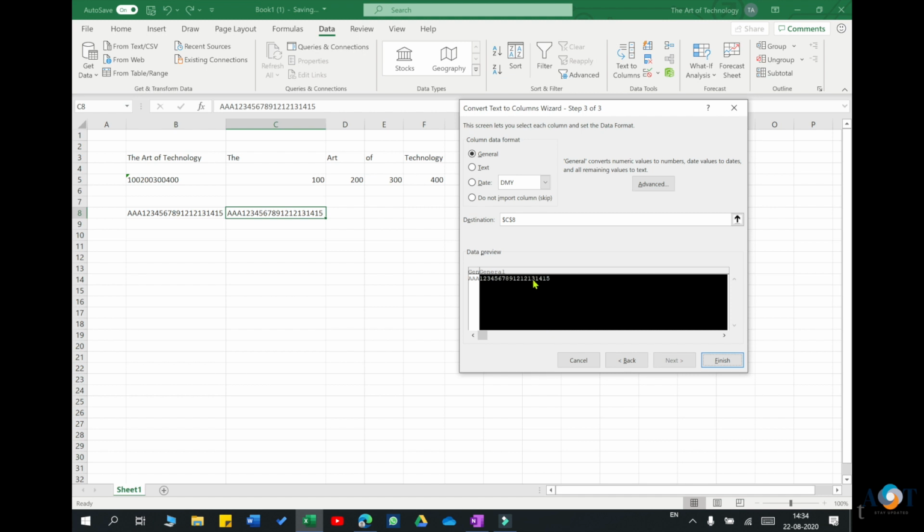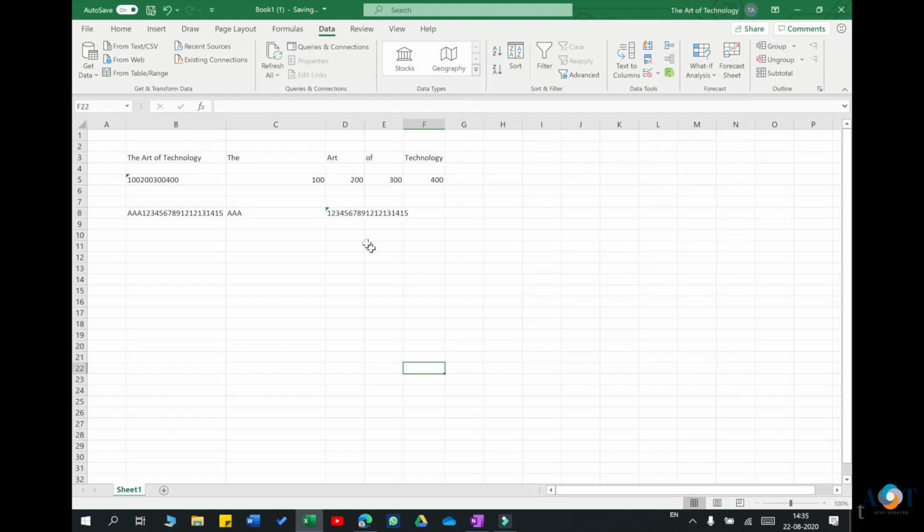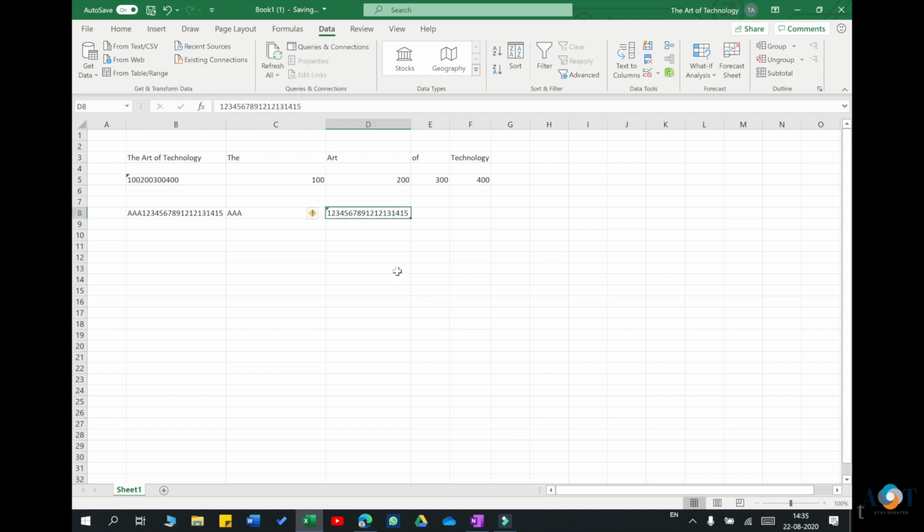I want this number to display more than 11 digits, so I have to change this field to Text. I select this column and then click on Text. Now you can see with this small arrow that the number is in text format, and I am able to display the correct number. This is because my number has more than 11 digits, and that's why the function was not working correctly earlier. So this is a simple trick from my side.